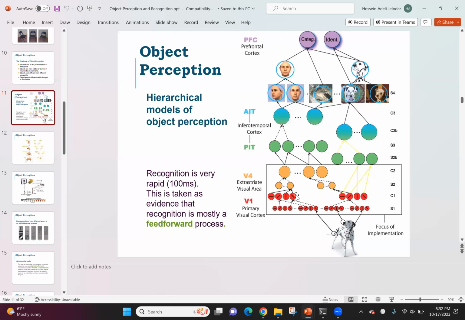If you're detecting edges, then a cell that is connected to all these edge detectors could potentially detect a corner. And the cells that are detecting corners could potentially feed into another cell that detects boundaries and shapes. And those cells could feed into other cells, and those cells could detect maybe a face, right? So this sort of feed forward